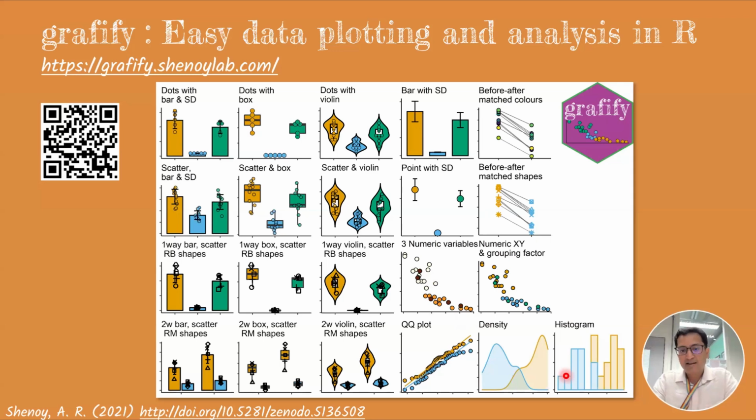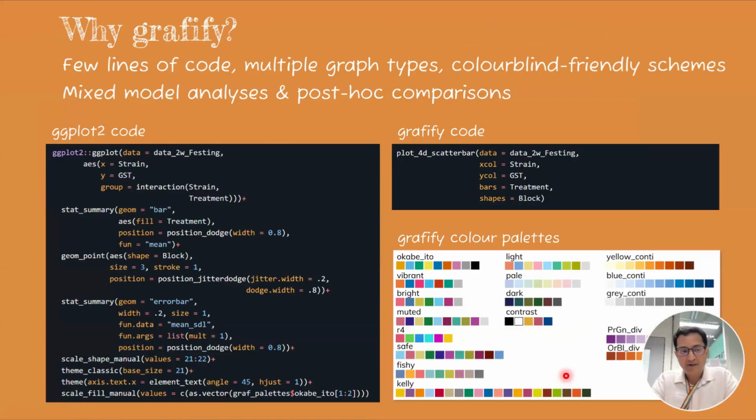So, a fairly large number of commonly used graph types. But why choose Graphify, or why did I make it in the first place? One of the main reasons is that after you do an experiment, you should be plotting it and just seeing whether the experiment is telling you something which you can see by eye. Does it pass the eyeball test, sort of?